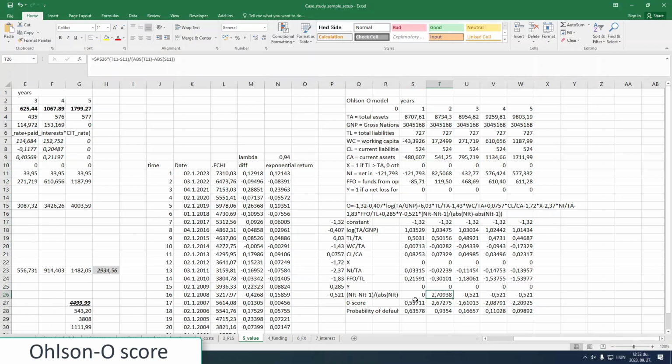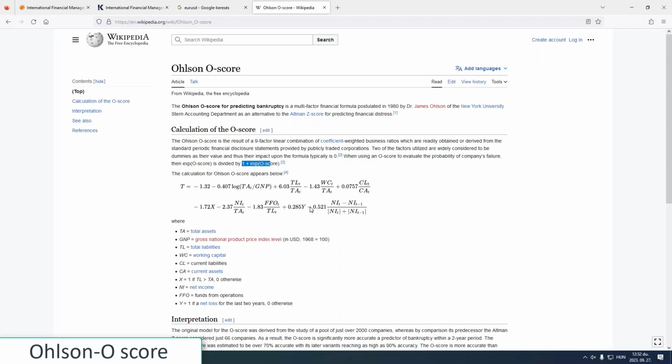Because it is there. So suddenly the probability of default jumps a lot. Because it punishes me that the profitability increased compared to the previous year. So why is this bad for me? It's negative, so